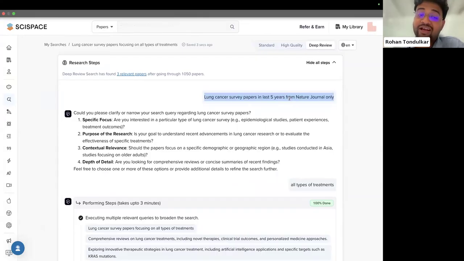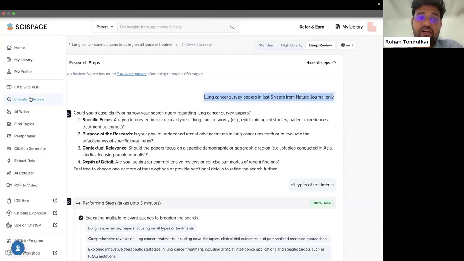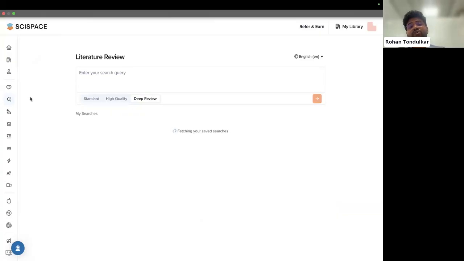Try to put all your criteria in very clear terms. Hey, I want this only. I want papers. Again, you can also put "I want papers with PDF only" here itself, right? Okay, let's go back. There's an interesting query that